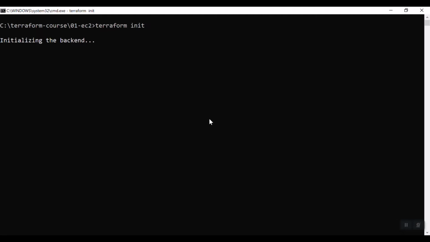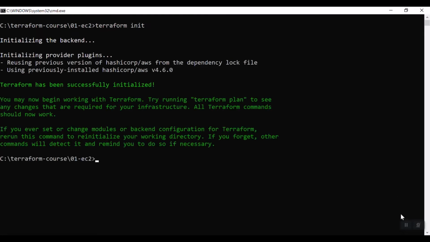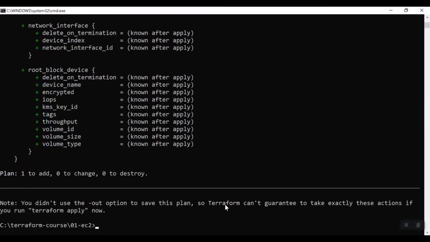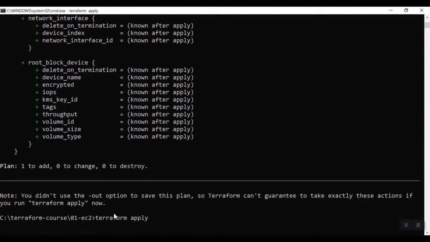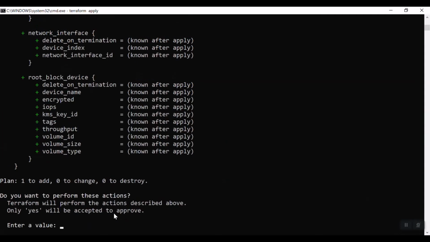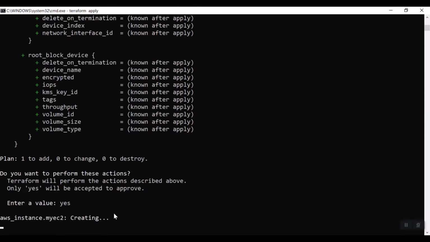Terraform init, and then Terraform plan. Terraform plan will not create the resources. It will just tell you what resources it is going to create for you, or it will plan, like some resources can be for creation, some resources can be for update, some resources can be for destroy. You see this plan. One is addition. Now just run Terraform apply. Just give yes. Now we are doing the creation part. After this we will do the update part, and then we will do the deletion.